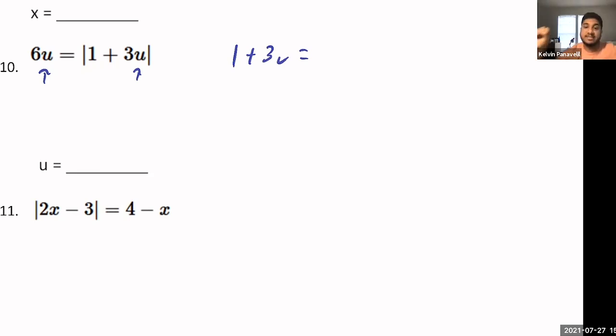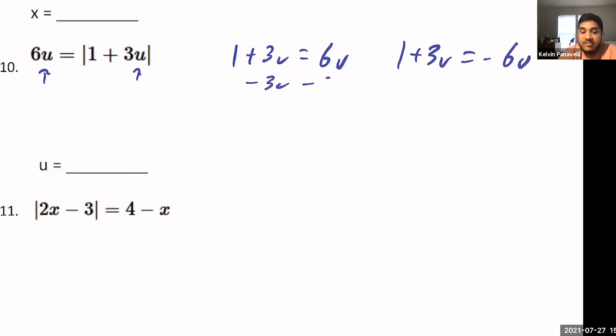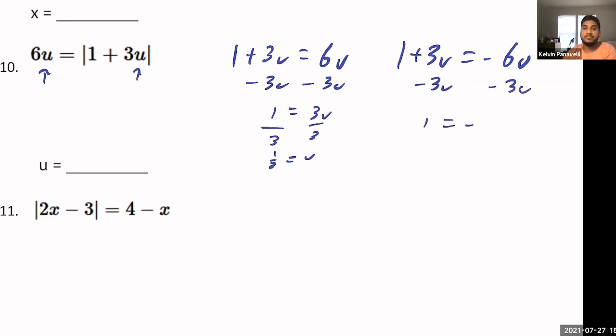So we have to set it equal to two things. So really good, Sabrina. Negative 6u and 6u, right? And then we solve for u. So we're going to get two solutions for u, okay? Give me a 2 in the chat if you understand absolute values, right? You're going to set whatever's in the absolute value equal to the plus and minus of whatever's on the other side of the equal sign. Give me a 2 in the chat if you get that. Right, so you're going to have two solutions, okay?